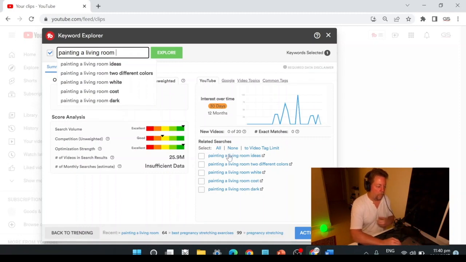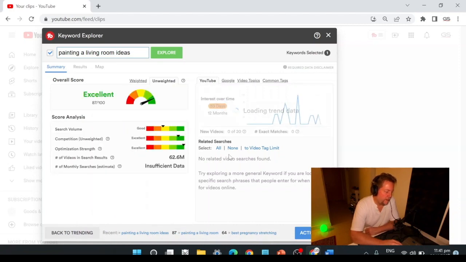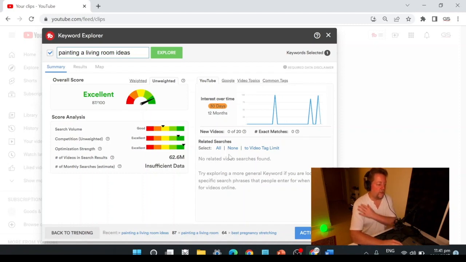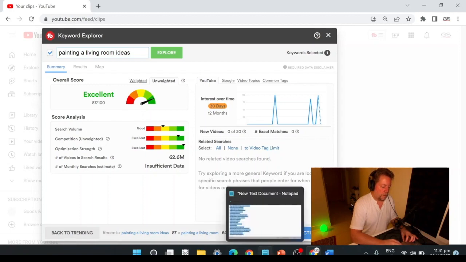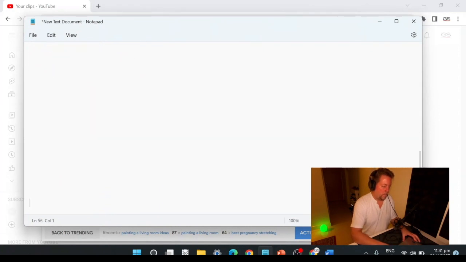Let's do painting living room ideas. See, 87. Okay, so we went from like a 60-something to an 87. So that's a little longer phrase, but that's a really good key phrase because it's an 87 out of 100, and it's a 5-word phrase.